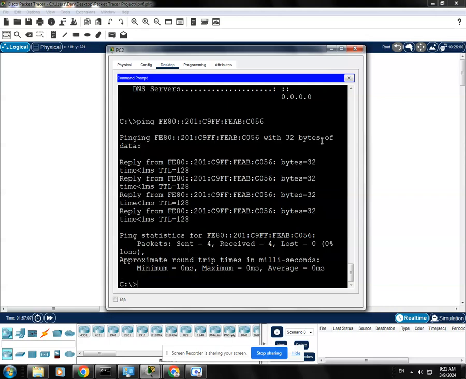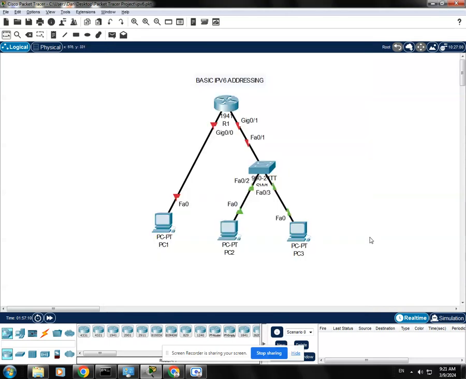We are receiving a reply, right? We did not really build a connection. We just prove that this PC can communicate to this PC. But how about if we try to ping from this PC to the router? It will not work, because on the router, the IP version 6 unicast routing is not active,